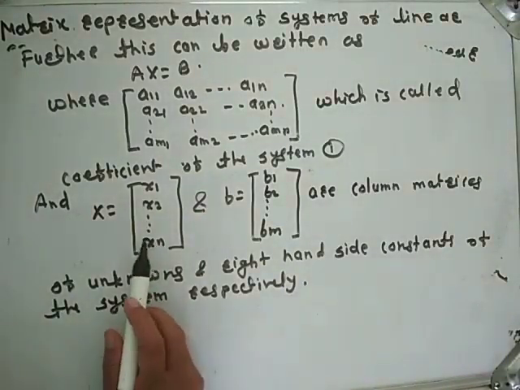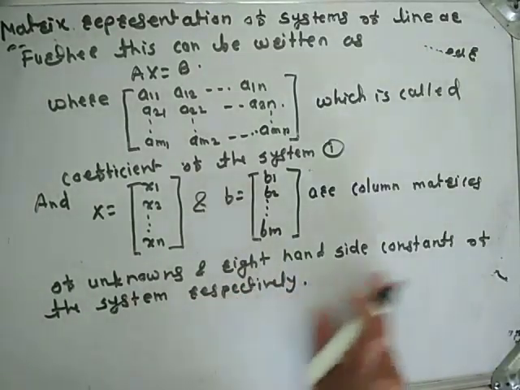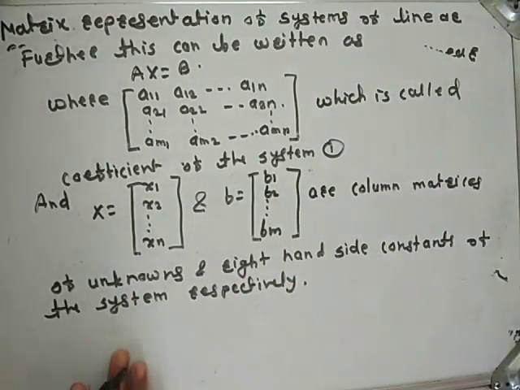This is column matrix of unknowns and this is column matrix of right hand side constant of the system. Okay,